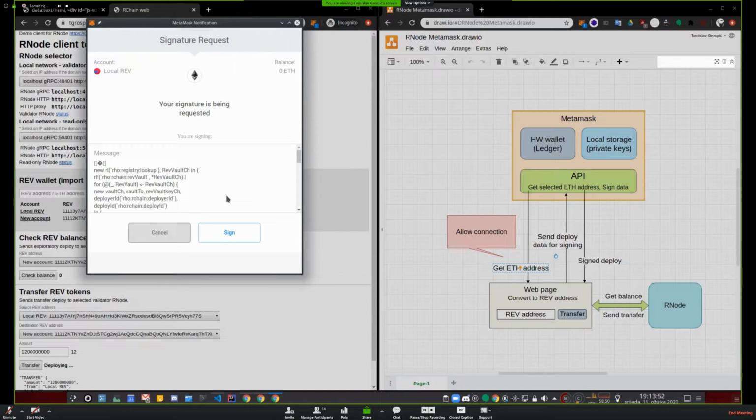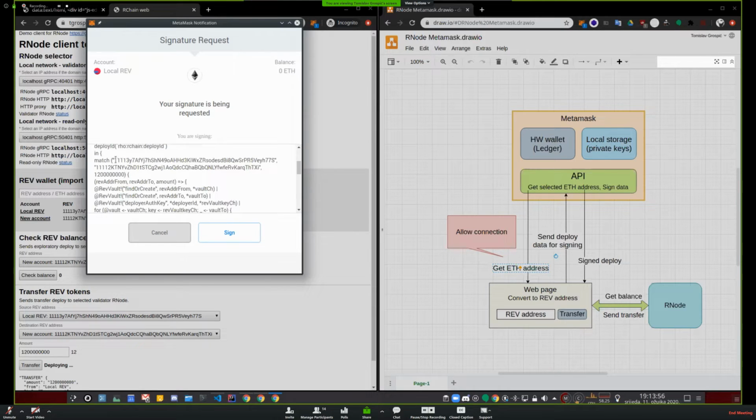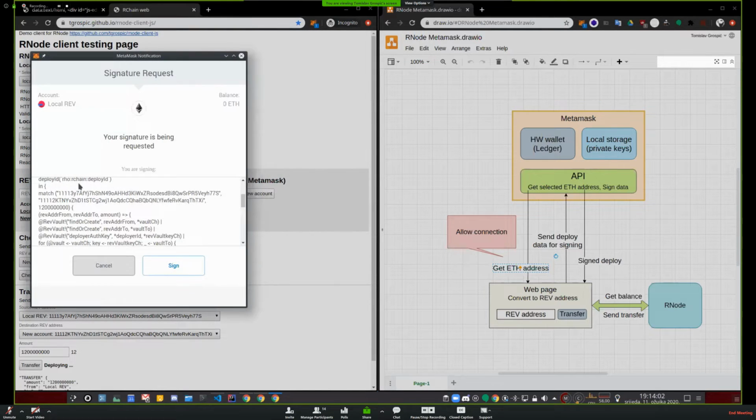MetaMask gives us the complete text of what we are signing, and we can check that these addresses are really what we are signing. So this is the first address from which we are sending revs, and we can see that this is the same address. This address is the receiving address, and we see that this is the same address, and this is the amount